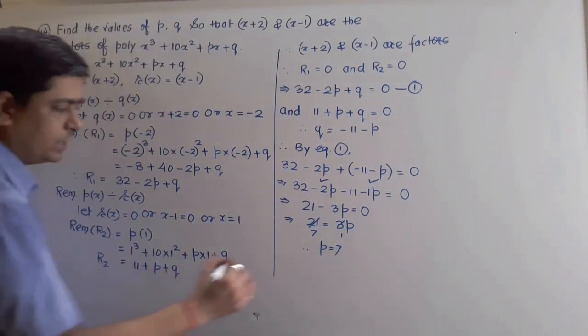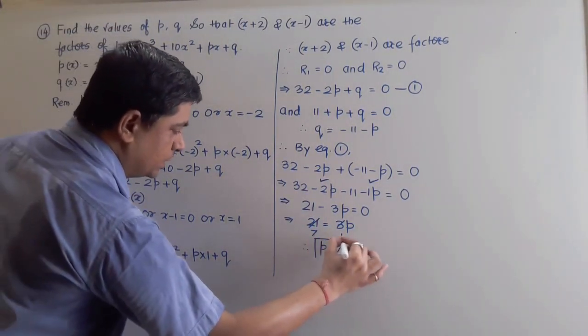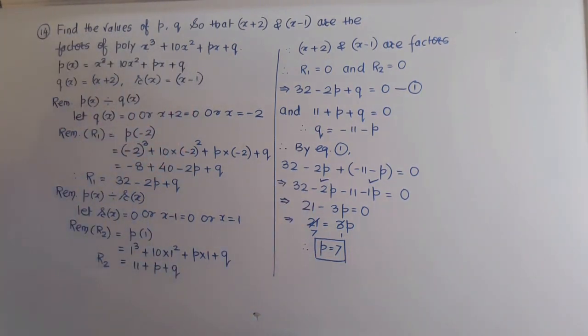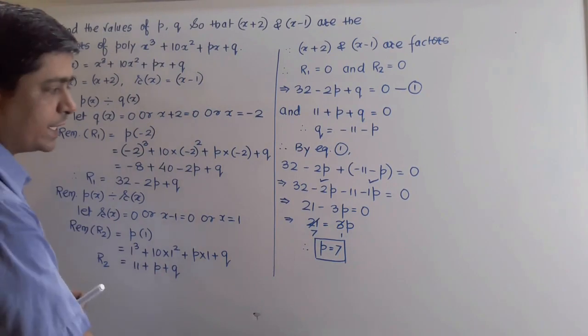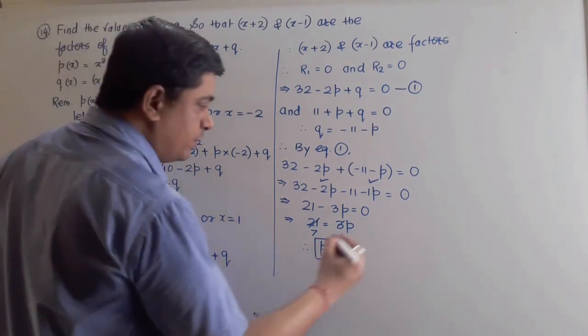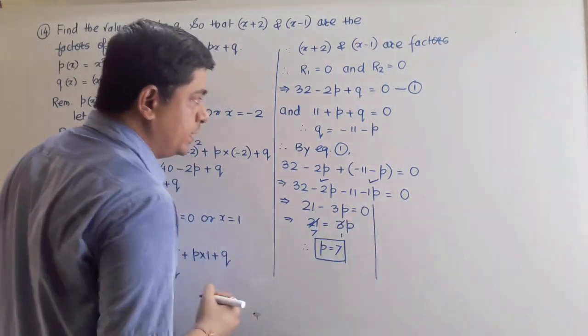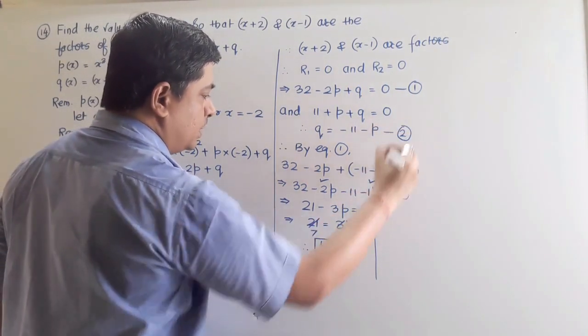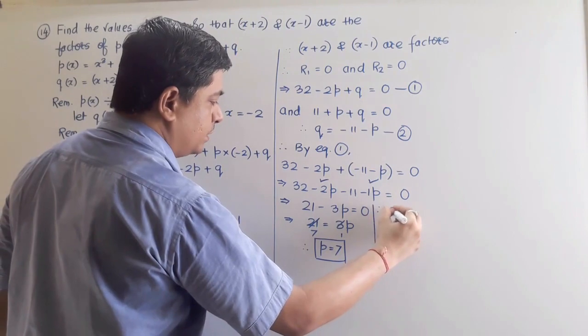So the first value you observe I have got in the equation, in the question, sorry. Right? Now we shall find out the value of the second value, that is q. Now this value of p, I am solving it here only. This value of p, I can say this is my second equation. Therefore by equation number 2.